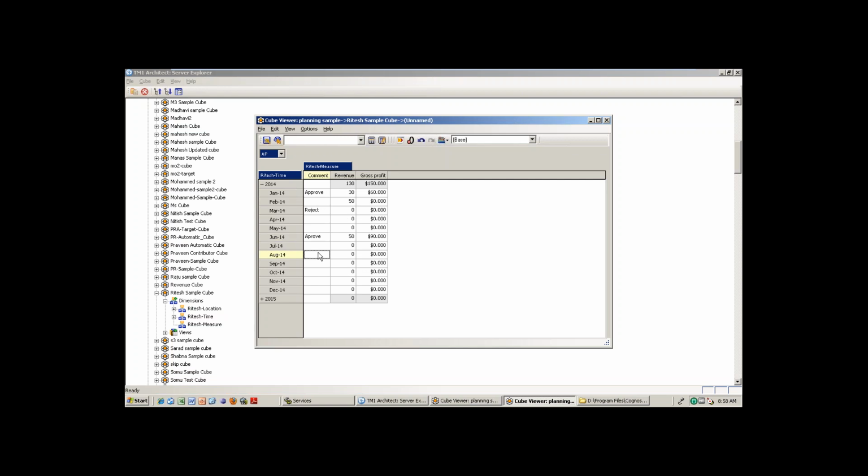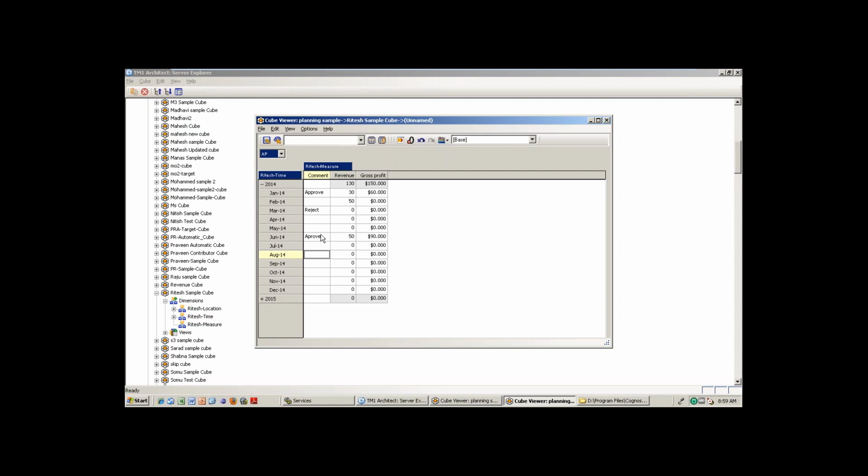Say for example, as you told, Raghava, if you are using the same cube in a Cognos report, creating a Report Studio or Query Studio report, and you want to see how many months are approved, you will take this cube, drag all the columns you need, and on the comment column put comment equal to approve. Am I right?